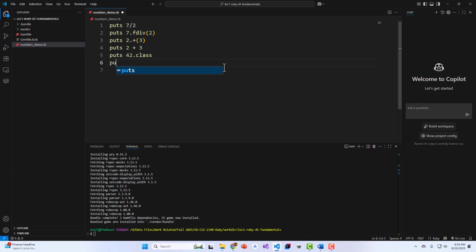Again, if you're not familiar with these terms, don't worry too much about it. We'll get there, just pay attention to the actual code and maybe follow along as much as you can. Now, this is going to be a 3 divided by 4 rational division, so that's what the r means. And then puts 2 + 3i, that's for complex numbers. Okay, I'm going to save that file, and then down in the